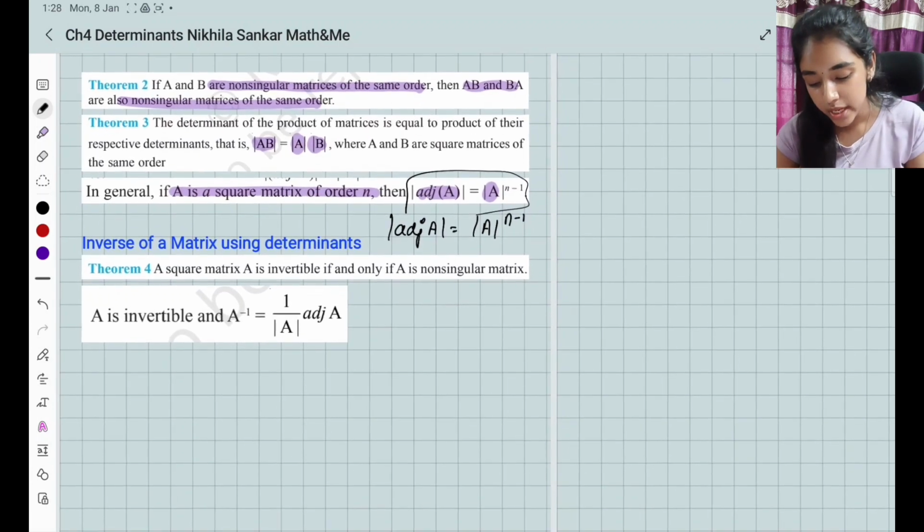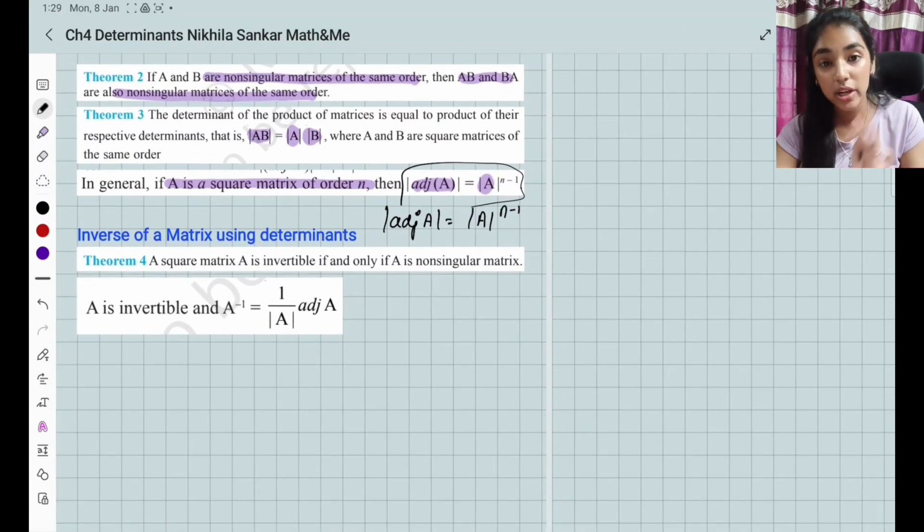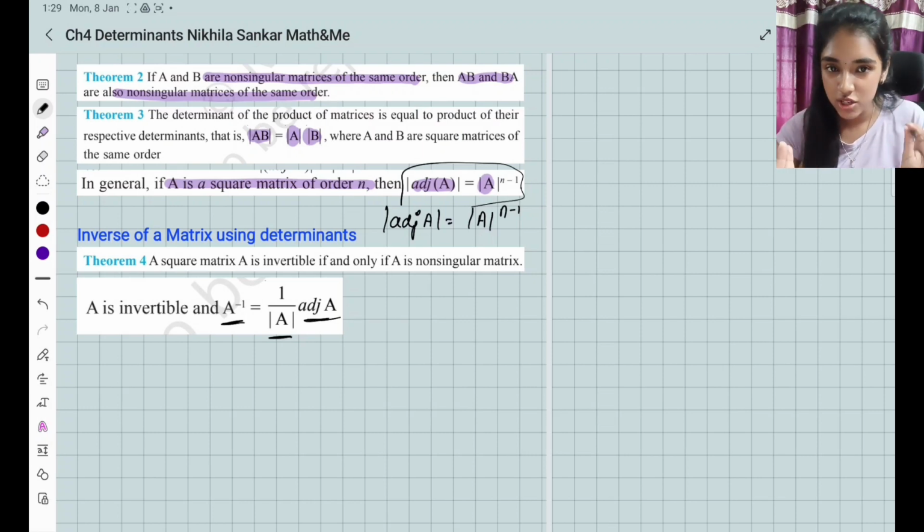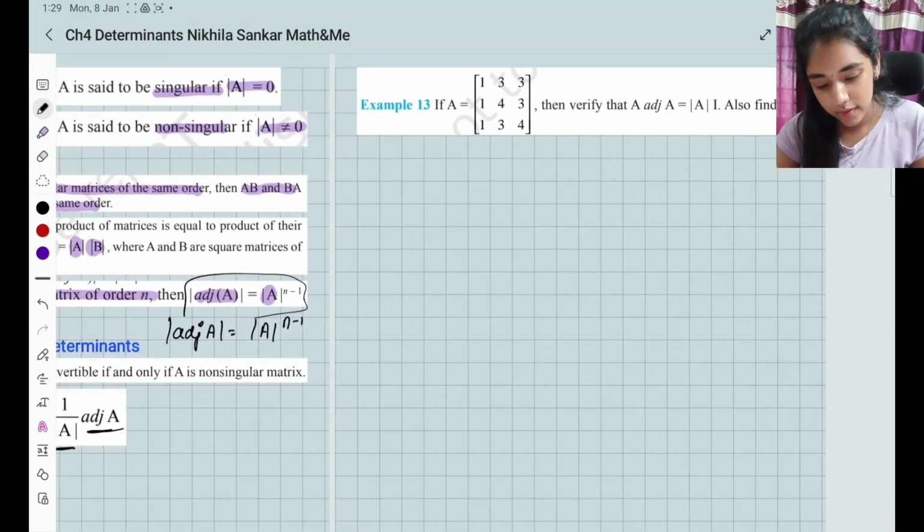Okay, now inverse of a matrix. இவ்வளோ நேரம் நம்ம adjoint என்னன்னு பார்த்தாச்சு, determinant என்னன்னு பார்த்தாச்சு. இது ரெண்டுத்தையுமே யூஸ் பண்ணி inverse கண்டுபிடிக்க போறோம். எப்படி? Inverse of a matrix is going to be 1 by determinant of A times adjoint A. அவ்வளவுதான். You have to find the determinant, find the reciprocal, அப்புறம் adjoint A என்னன்னு கண்டுபிடிக்கணும். அவ்வளவுதான். Okay, பண்ணலாமா? So let us solve.